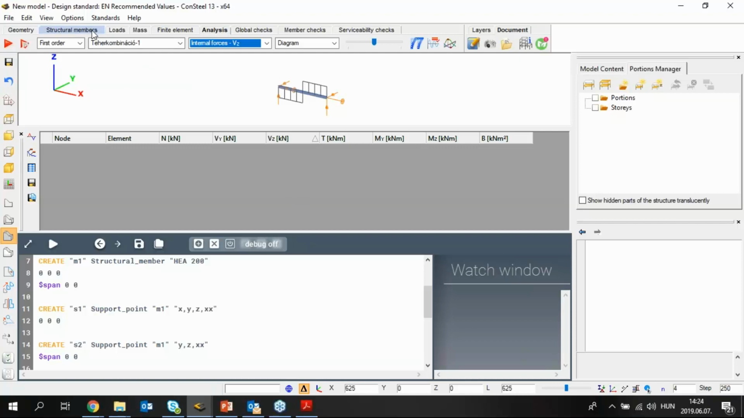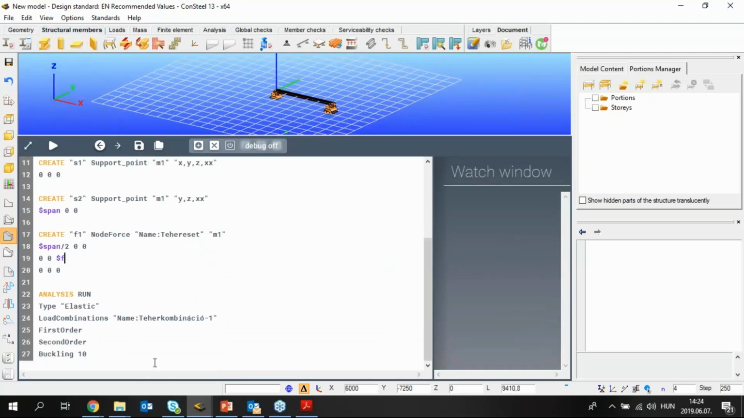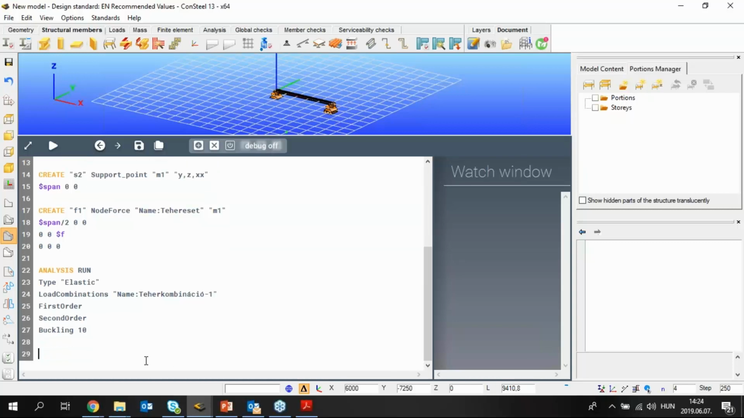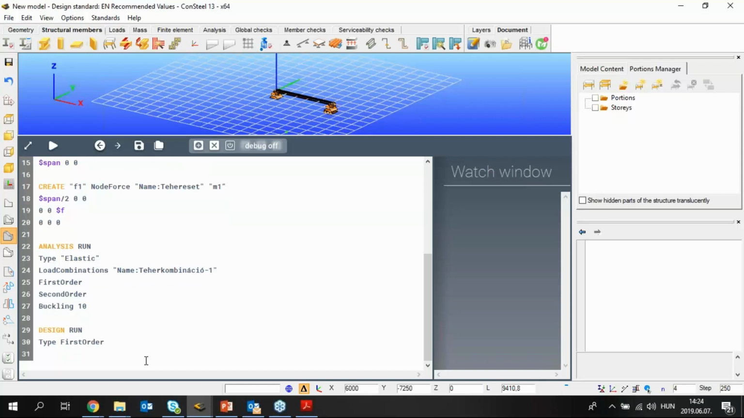And let's see how we can apply a design for these results now. So the next step will be adding the design run function. The type means what results we want to work with in the design. It will be first order results from the analysis, and again we will set the load combination, which is this one again,